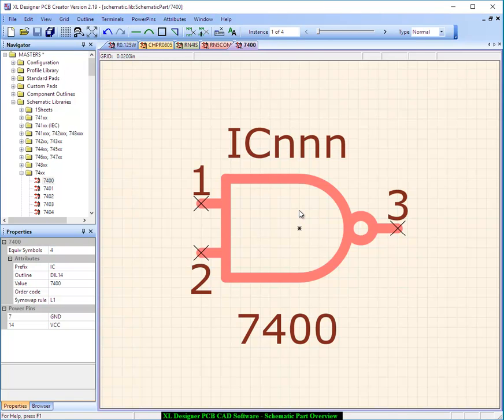So when you use this part on the circuit diagram, you can place as many of these gates down as you like, and they'll be assigned to a package, so 4 into each package. Again, up here we've got the instance where you just click through and you see the different pin numbers for each symbol. This is symbol 2 or instance 2 with pins 4, 5 and 6, instance 3 and 4. So no power pins shown on this package at all. But when you use it, as I say, it will automatically join the power pins to the appropriate rails, and you define that in the attributes